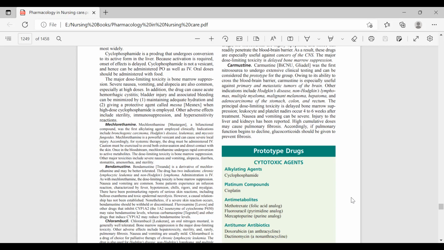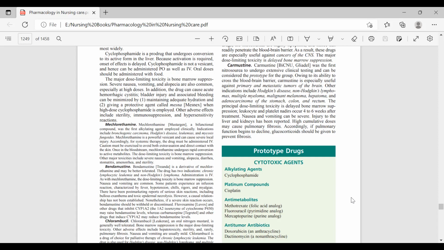Hemorrhagic cystitis associated with cyclophosphamide and ifosfamide is minimized or reduced by adequate hydration. Number one, the first activity which the physician has to do is adequate hydration, and the second is the protective agent known as MESNA, when high dose cyclophosphamide is employed. This is the protective agent against hemorrhagic cystitis of the urinary bladder, and it is very important to